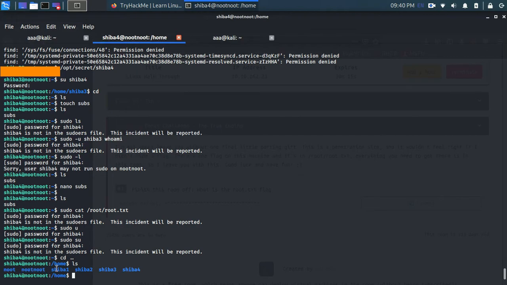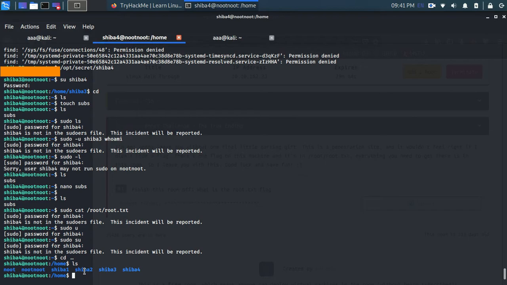We have done Shiba 1, 2, 3 and 4, and this one is left. So we need to find a file containing the password for note. Firstly I'll copy paste the command.